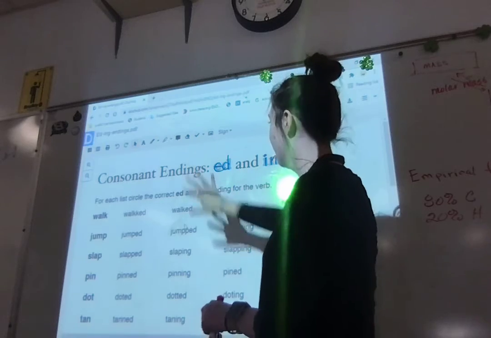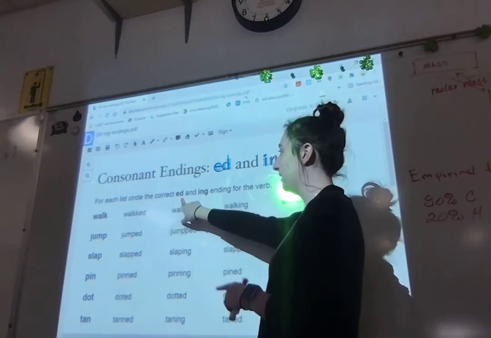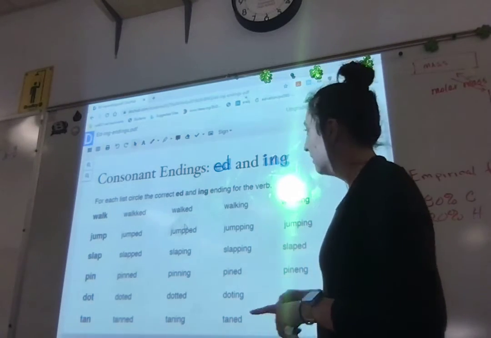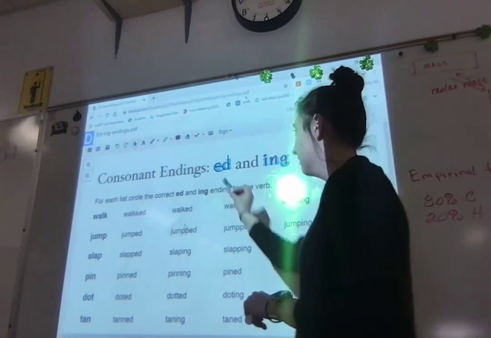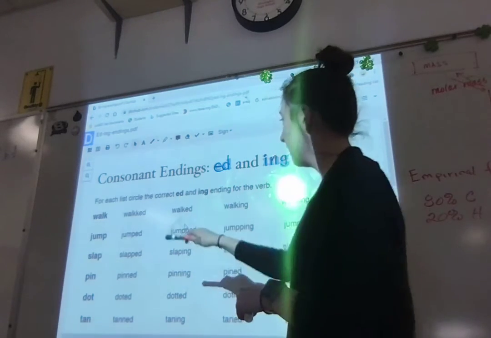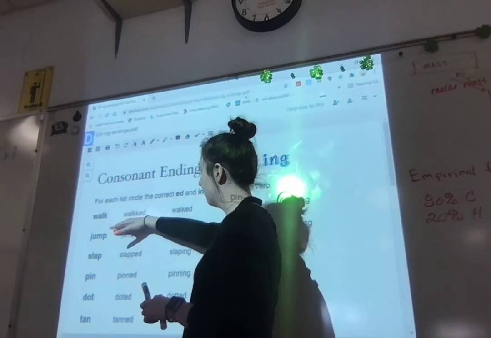So I have some words here, and we're going to be finding our correct ed and then our correct ing ending for our verb, okay? So ed endings we'll be marking in green, and then ing endings we'll be marking in red. So our first one is walk. So for our ed ending, we have